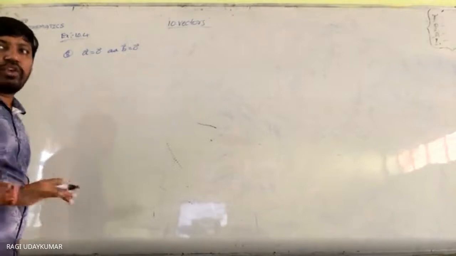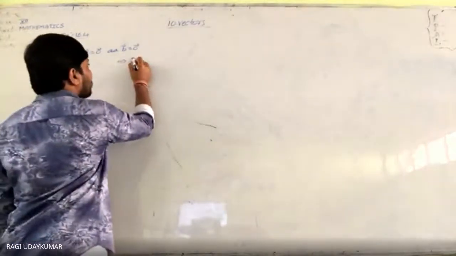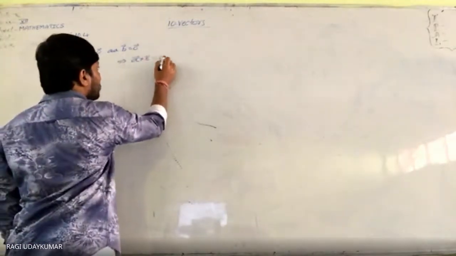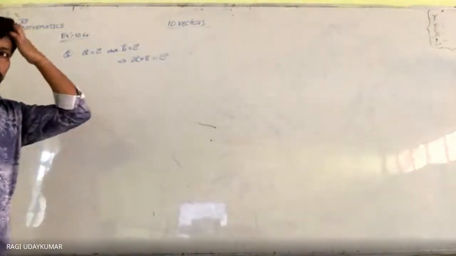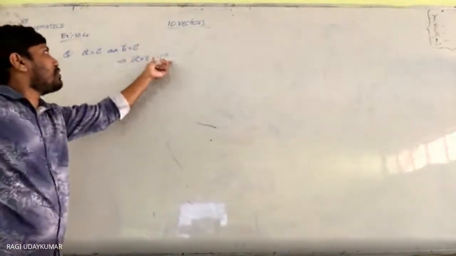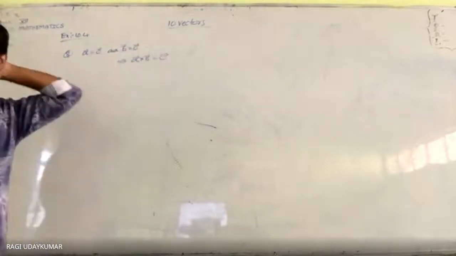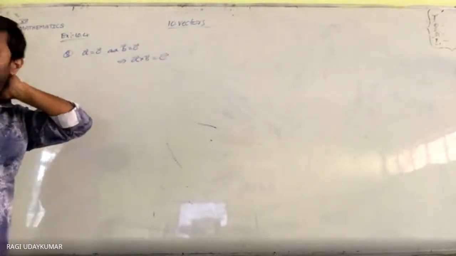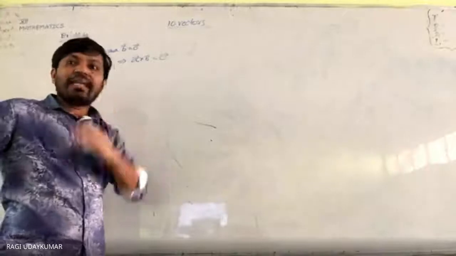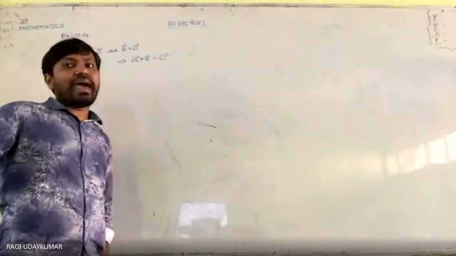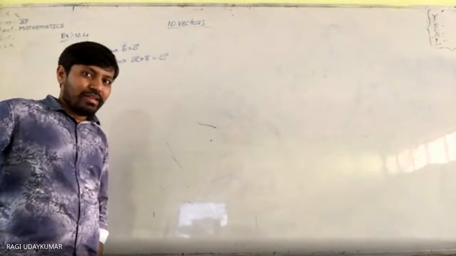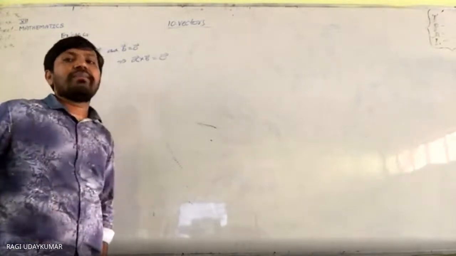If these two are zero vectors, then the cross product of the two vectors is also a zero vector. Is the converse true? Means, if the cross product is 0, are they both zero vectors? No. Take any two parallel vectors. How do we take parallel vectors? Their components are taken in the same ratio.